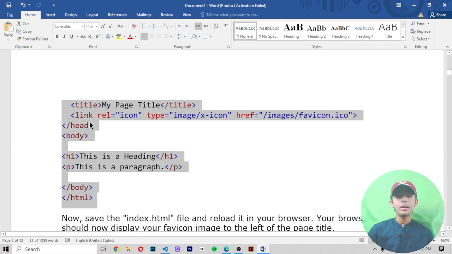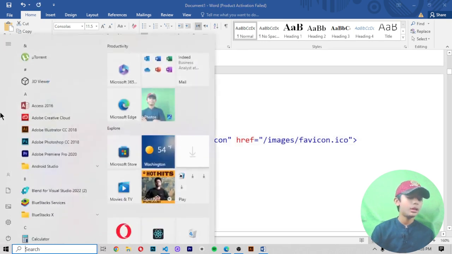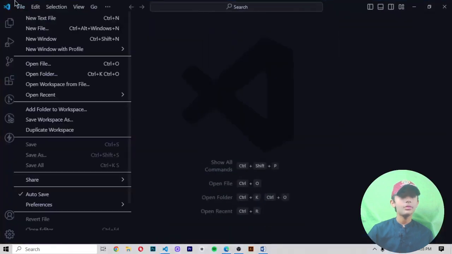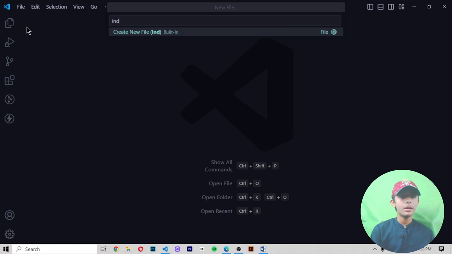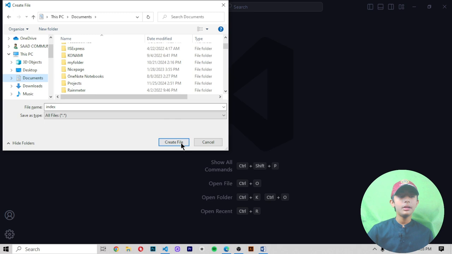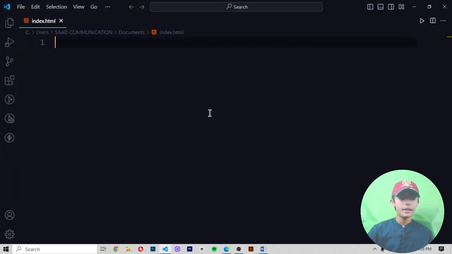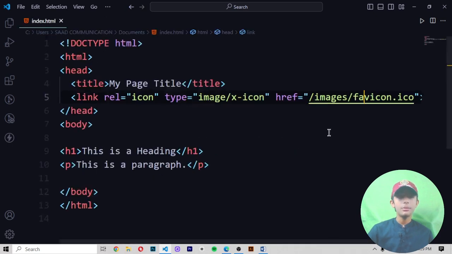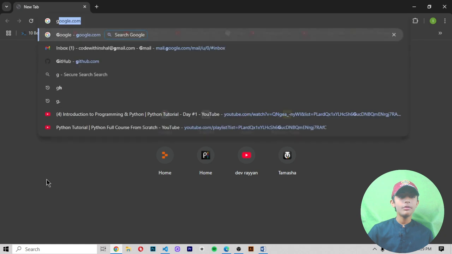Now let me show you how to add a favicon. Copy it and paste it directly into your Visual Studio Code. Then you create your file. I'm making my file, and my file name is index.html. I'm making this file in my documents, and then I'm pasting this code here. In the title element I give the title to my browser. My web page is my page title, and then let me show you how to bring in the favicon. If you want a favicon, you write there